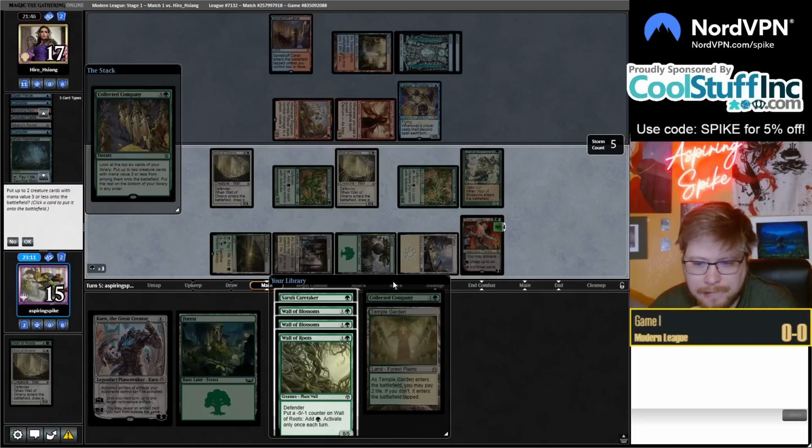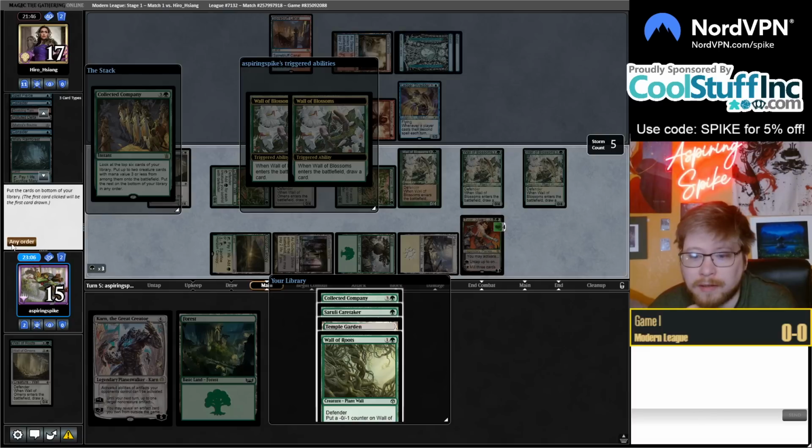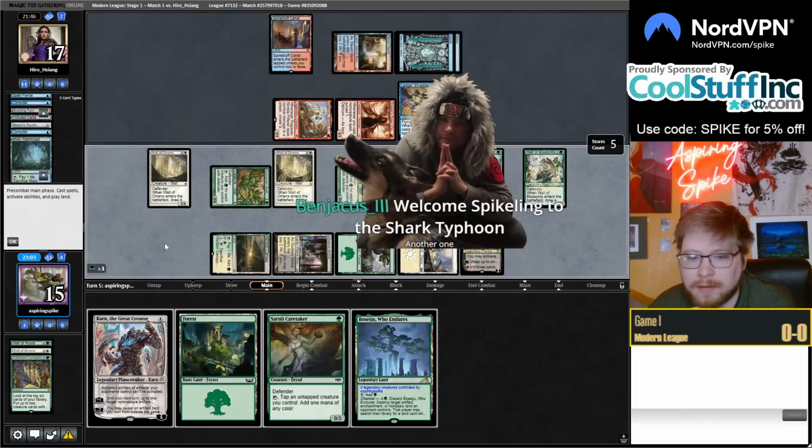Alright, we'll just go for both Wall of Blossoms so we can try to find, again, another Overgrown Battlement effect, which we, in fact, do not find. So,